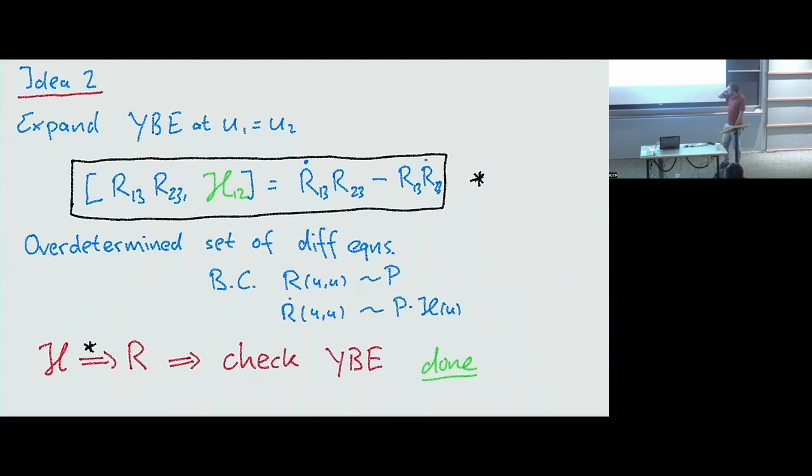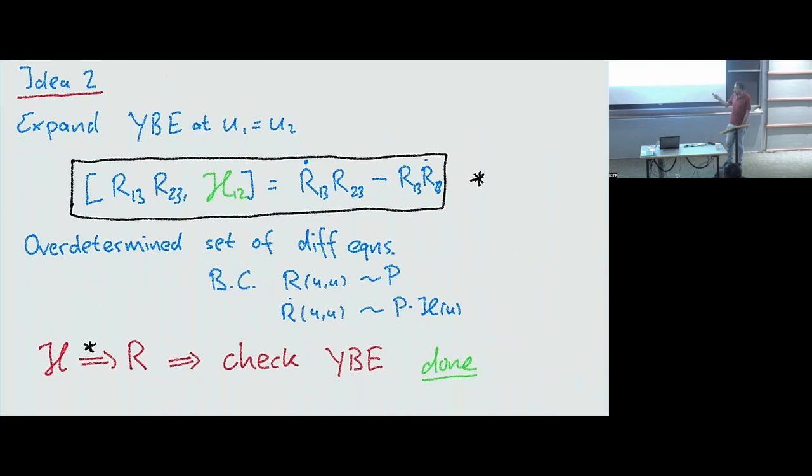So we go back to the Yang-Baxter equation and we expand around a special point u1 equals u2. At leading order, it's trivial. But at next to leading order, something nice happens. You get a commutator of a product of R matrices with the Hamiltonian, which is something we know now because it has to be one of the potentially integrable Hamiltonians that we solved, equal to derivatives of the R matrix, basically. So in this limit of the Yang-Baxter equation, we get a differential equation that relates the Hamiltonian to the R matrix